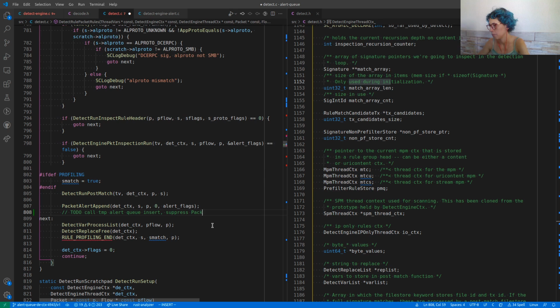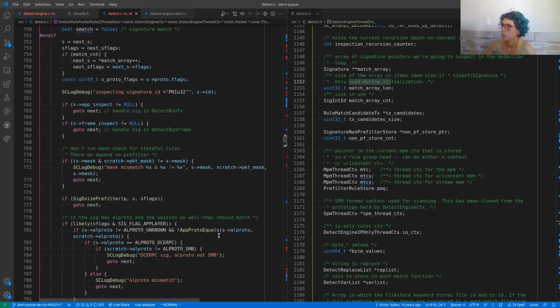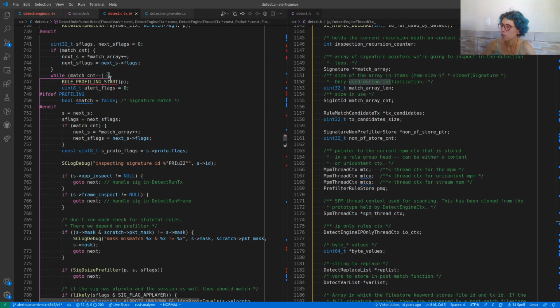Suppress packet alert append call. All right, and this works because this is a while, and it's going over the whole match list.